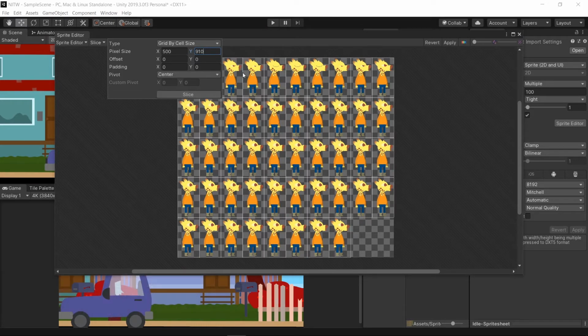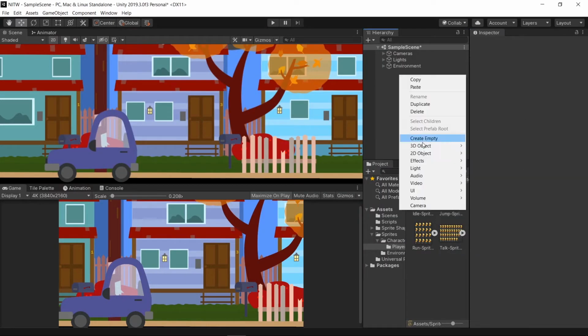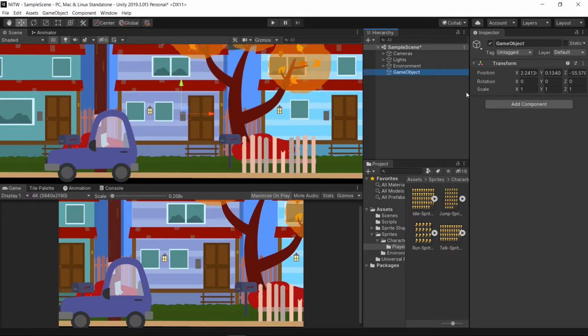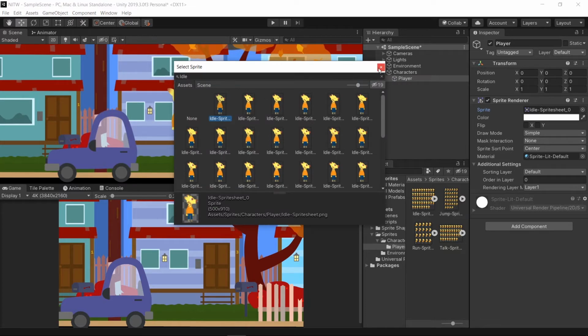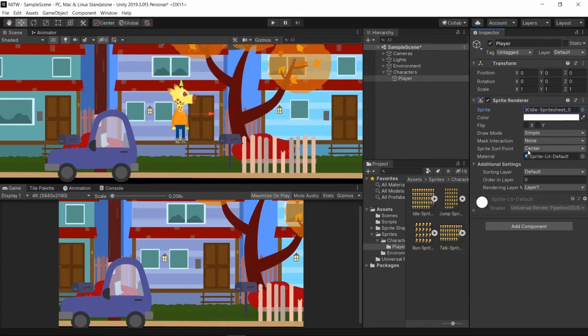Now it's time to create the player. Go in the hierarchy and create an empty game object and name it Characters. Inside it, create a Sprite 2D and select the idle Sprite Sheet 0 image for it. Change the origin layer so that it will be displayed on top of the environment, and let's add to it